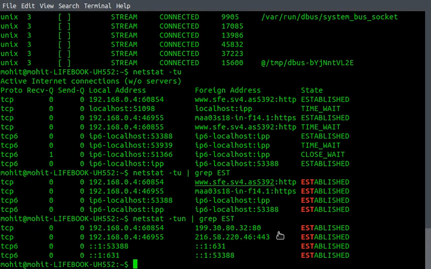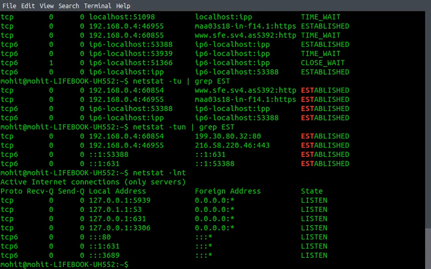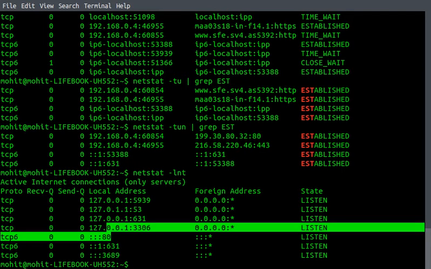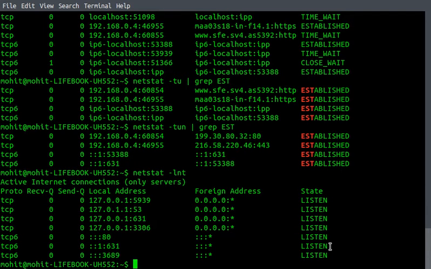Also, if you want to check for any ports which are listening, we can just do -lnt, and it will give me the ports where the system is listening, what the local addresses are, and the state is listening.